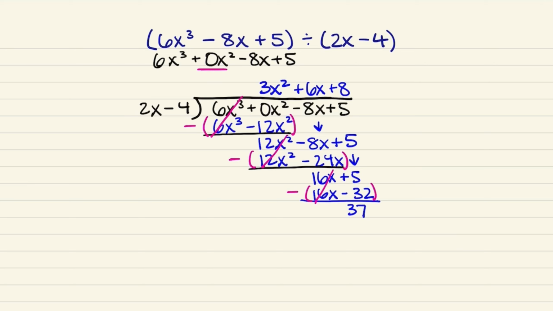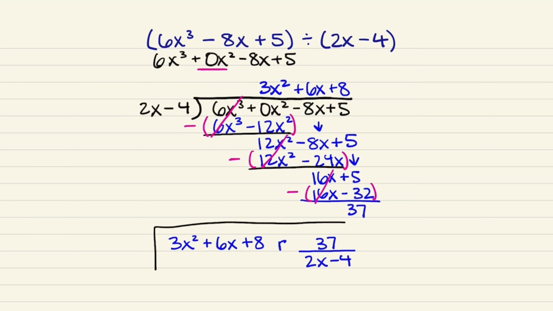37. So our final answer is 3x squared plus 6x plus 8, with the remainder of 37 over 2x minus 4. And there we have